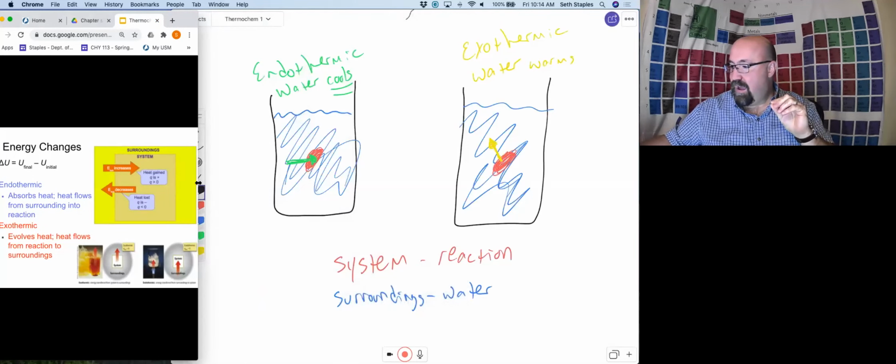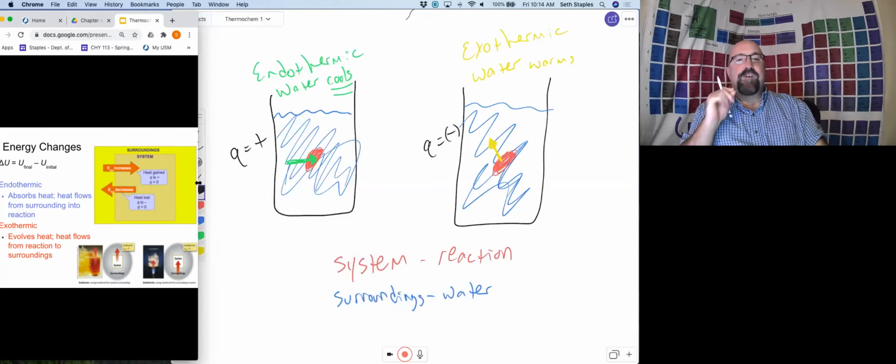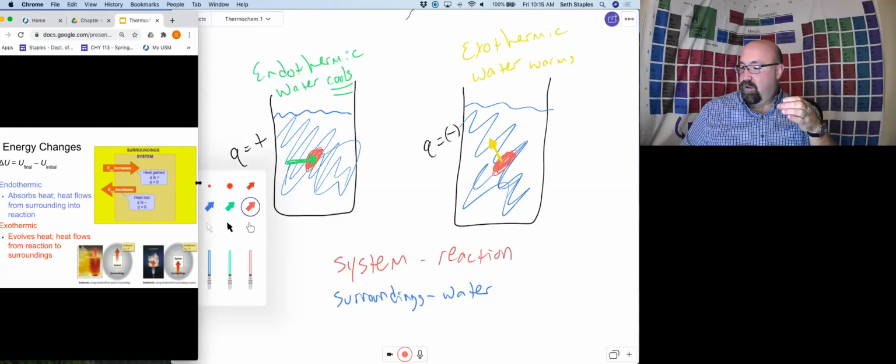And so here in our endothermic, Q is going to be positive. In our exothermic, Q is going to be negative. This is why it's so important to really take a second and think about the system and think about what's happening to the system. Because if we were to literally be holding these in our endothermic example,